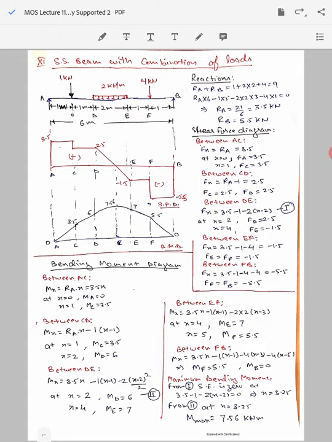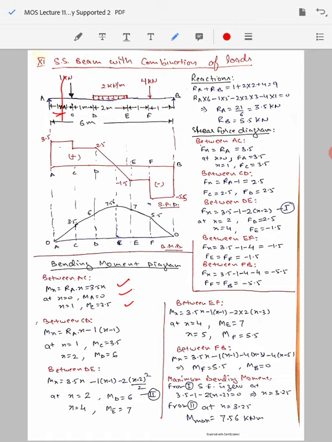Now for drawing the bending moment diagram, we need to multiply these forces with the corresponding value of the distances. So we start with the span AC, and when we cut the beam anywhere between A and C, we see that the reaction force RA is at a distance x from this cut section. So our bending moment will be RA into x, which is 3.5 into x, and calculating it at the span extreme ends A and C, MA will be 0 and MC will be equal to 3.5 for putting x equal to 1.